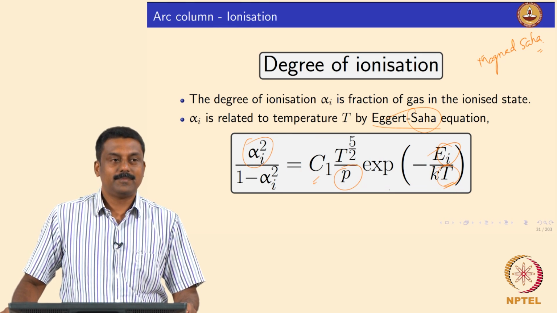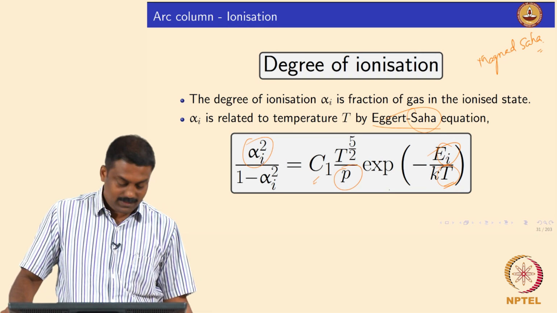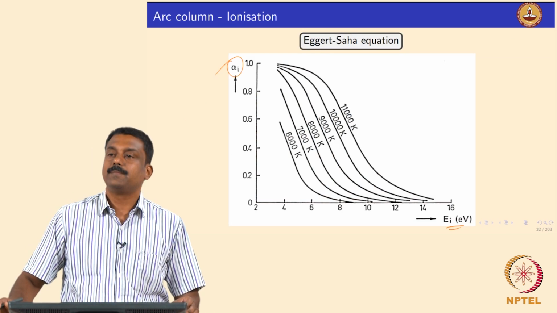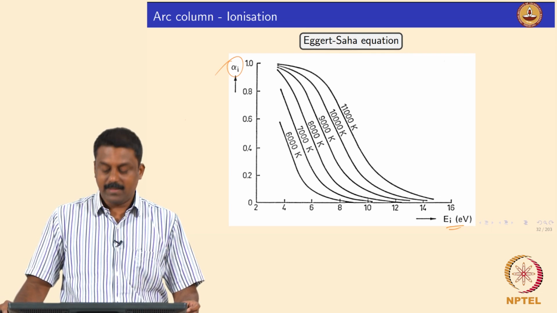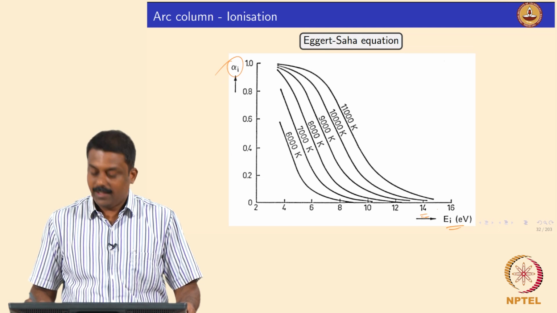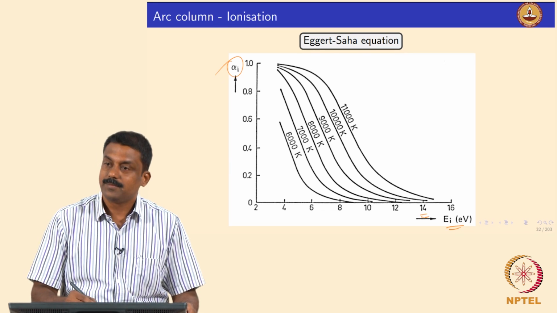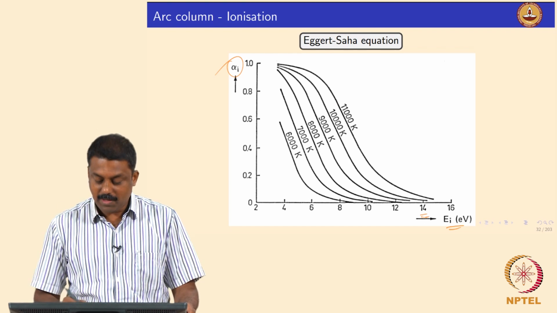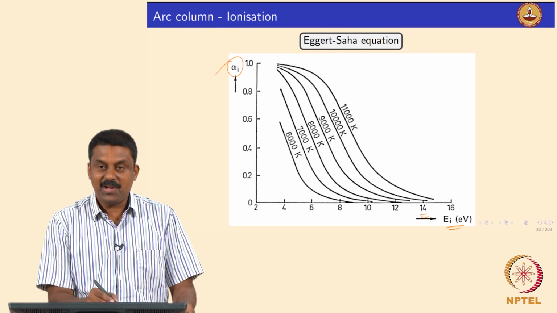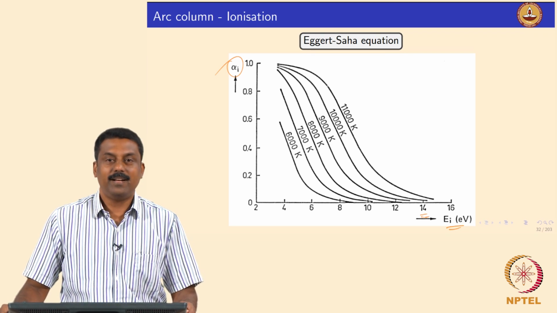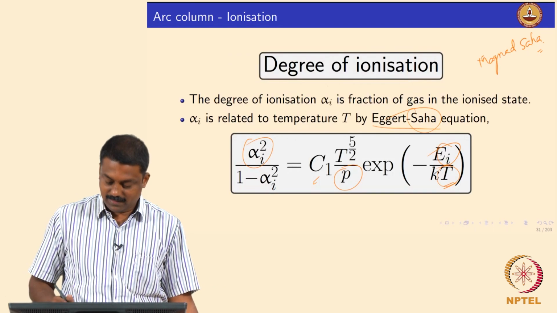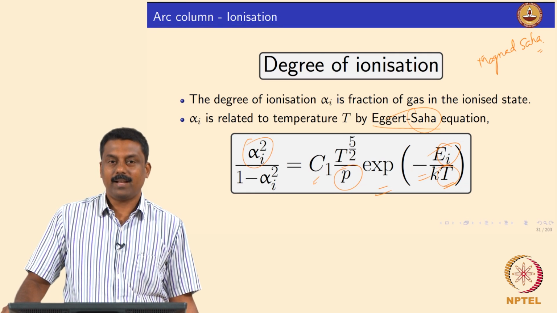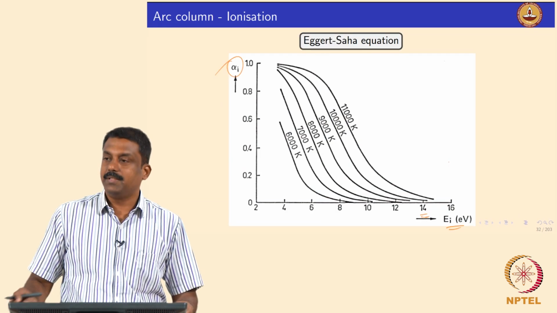Okay. It's clear. So, if you look at the ionization energy as a function of fraction ionized, obviously if you have a very high ionization energy, you need to increase the temperature much higher, and only then can you create ions. The Saha equation defines the shape of this curve. It is exponential decay, and that is what the exponent is doing, with a negative sign here.